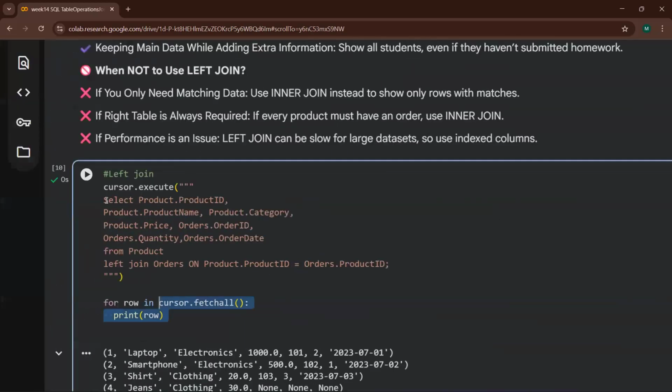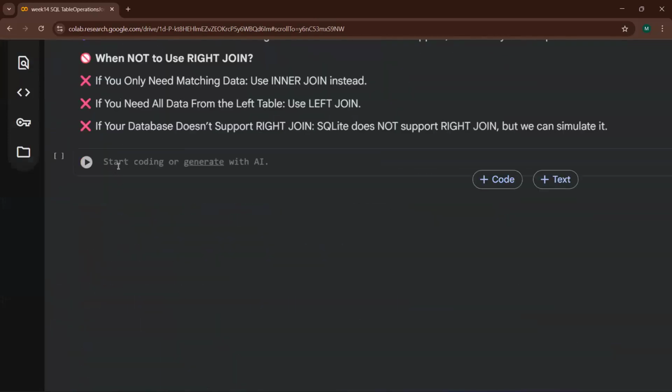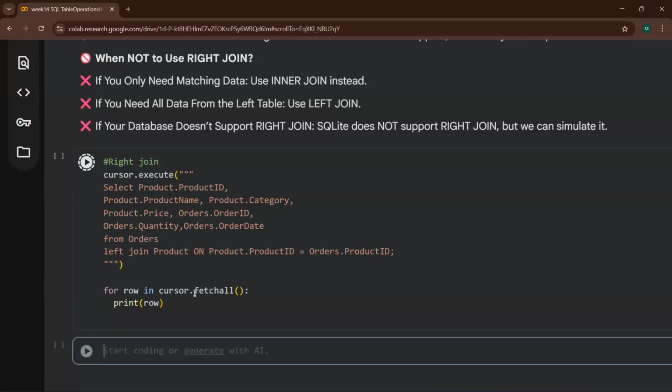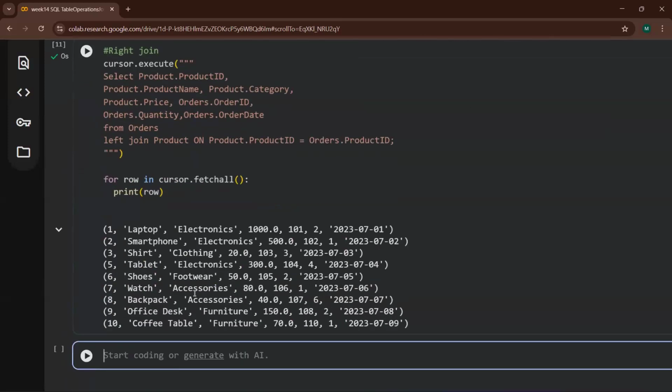What you guys can do is copy it, paste it here, make it right, just change the order: here put orders, here put product, and you will get your answer.